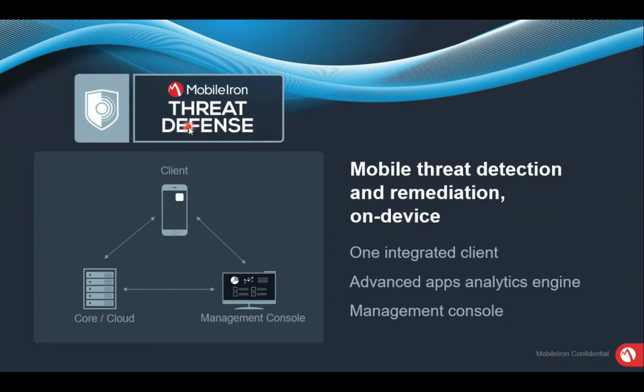So we have a couple of threats: when a user connects to a malicious or untrusted Wi-Fi, or if the user is trying to sideload an application, or they might need to install a profile. For example, a VPN app requires a profile to be installed on an iOS device, and this profile might have the capability of reading data, sending it to a remote server, or someone tries to grab any data. So the IT admin has to ensure the device is secure enough to reach your corporate resources.